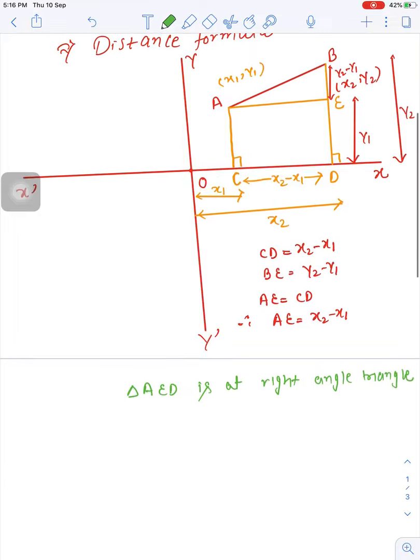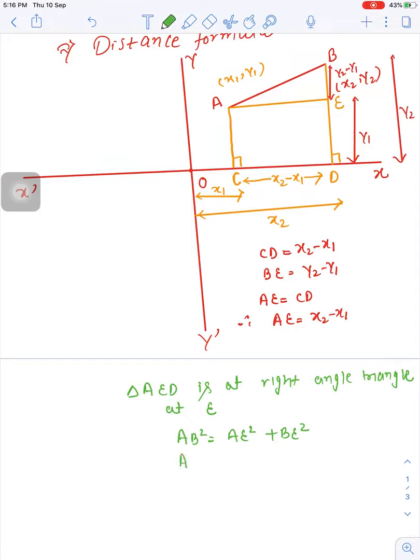So it is a right angle triangle at E. So we can see that AB square is equal to AE square plus BE square. Look, it is very easy. Actually, students are very afraid of proof, but you can see that here the proof is very easy.